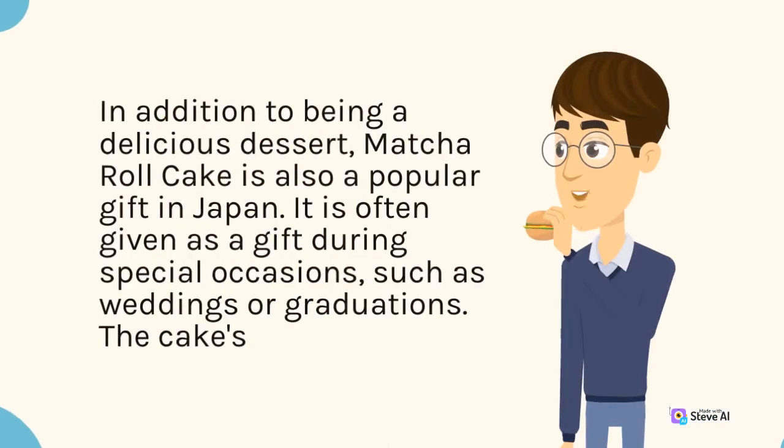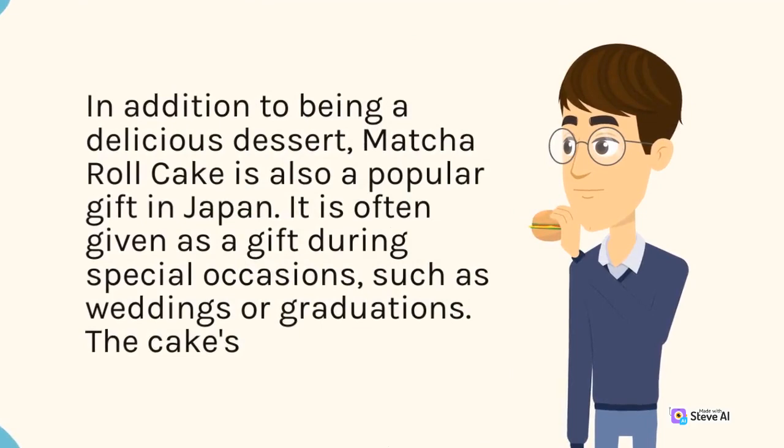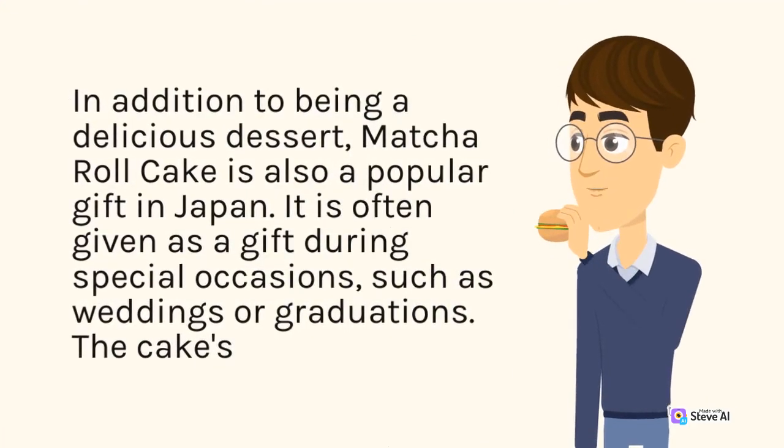In addition to being a delicious dessert, matcha roll cake is also a popular gift in Japan. It is often given as a gift during special occasions, such as weddings or graduations. The cakes